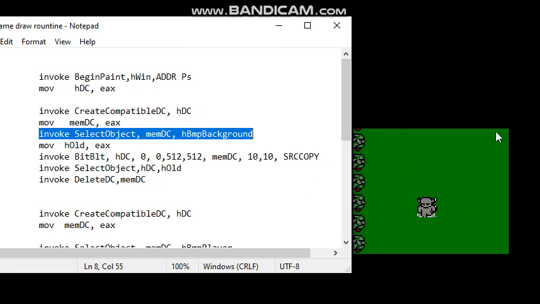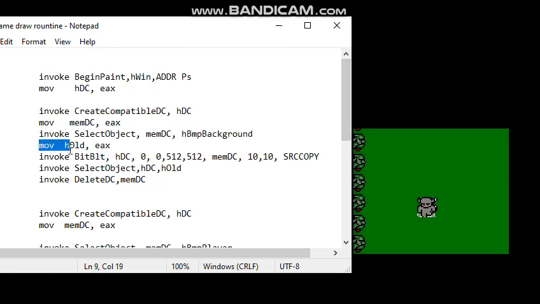put on the screen, in the window, the background first, then on top of that we want to blit our enemies and our player and any other objects to collect or that are in the way, and then lastly we want to blit the text for the lives, score and maybe a title. So then we get this old handle, and then we invoke BitBlt,